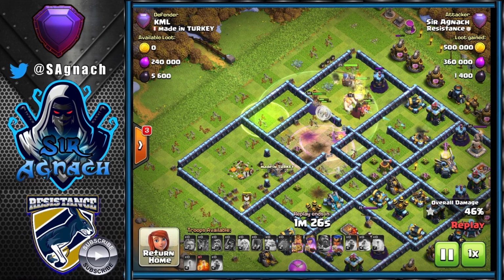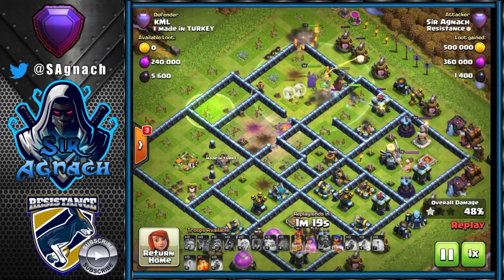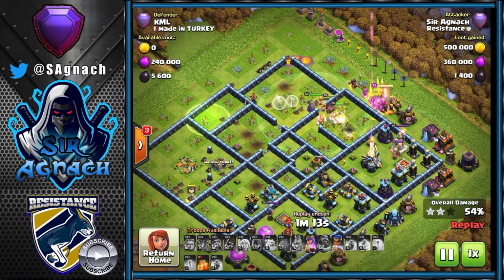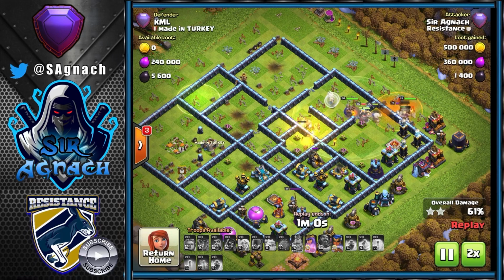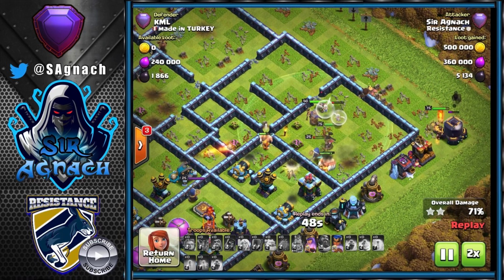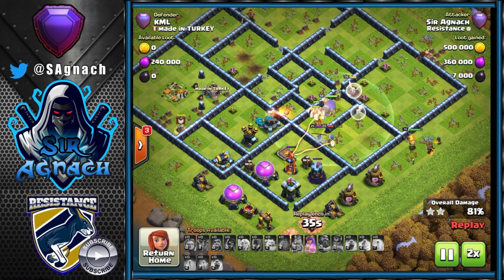Now they do go to the multi-inferno compartment, they get down all of that, and the super giants are still alive and just beating through walls. We get that down nice and early with the Tesla farm. The king is on the outside getting rid of the garbage, and we've got still like 4 giants, the queen,